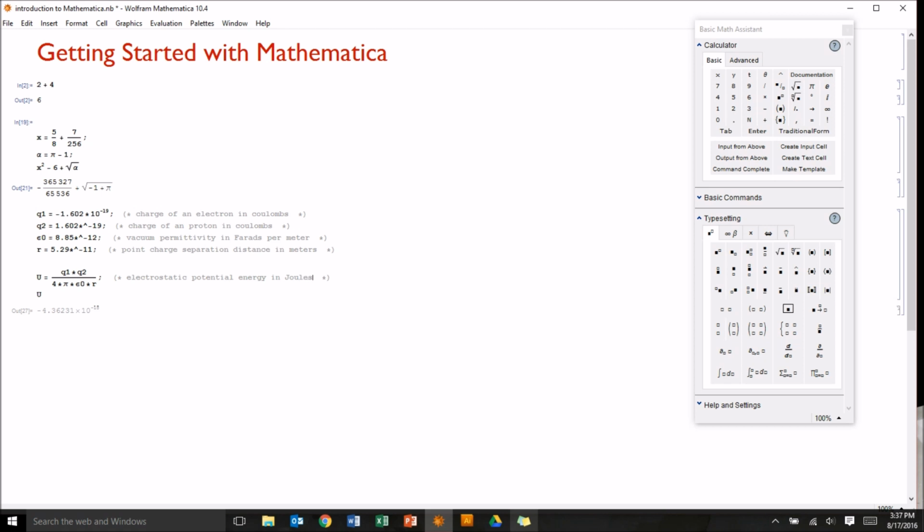And just to prove that the addition of these comments doesn't change in any way the way that this code is actually interpreted and run by Mathematica, I'll evaluate the cell again by placing my cursor here and hitting Shift-Enter, and we get the same result as we had before. So note here that, again, this is just a number. And because I know what all of the units are, I know that the unit of this